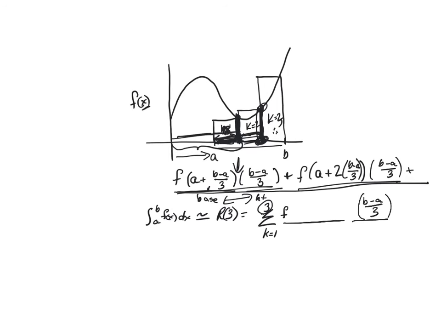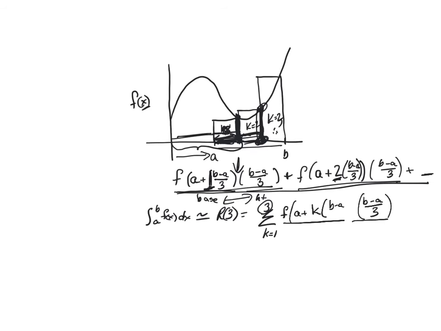Okay, and here, I'm just going to put in, this part's basically the same all the way through. Except instead of these constants here, there's actually 1 out in front of this one, right? Okay, 1 is here, 2 is here. If I had another one out here, it would be 3. I'm just going to call that k